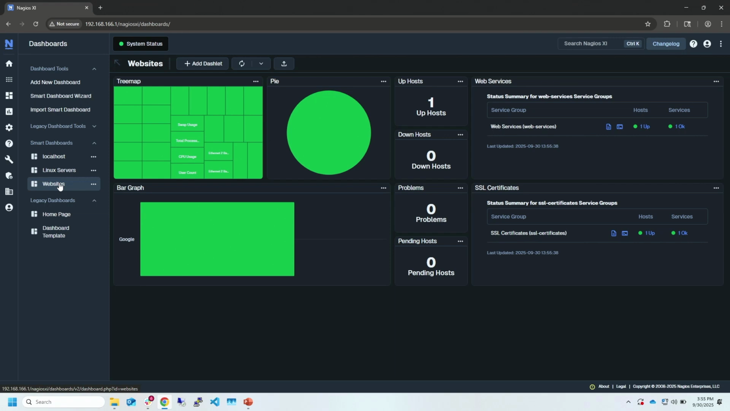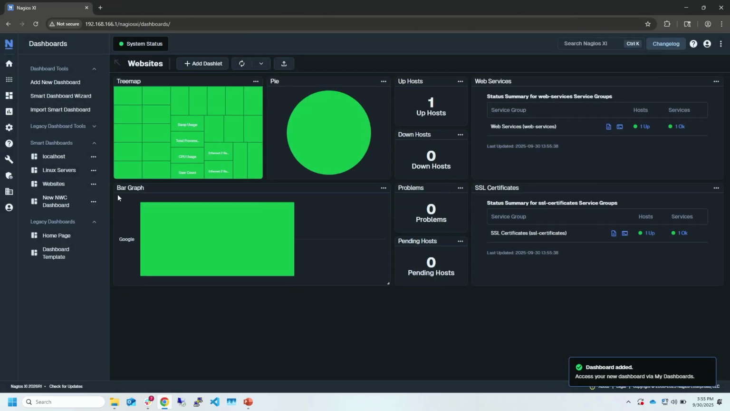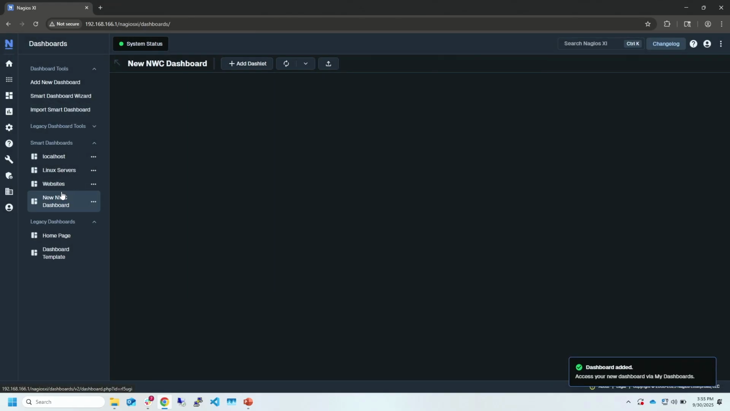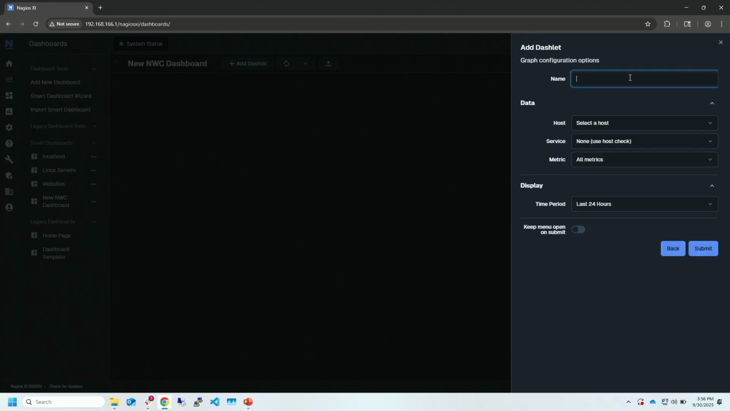But instead of looking at these ones, let's make a brand new dashboard from the beginning. We'll call this one New NWC Dashboard. So when you create it, you'll get a blank dashboard here. We can go ahead and add some dashlets. I always like to start off with graphs. For this one, I'm going to